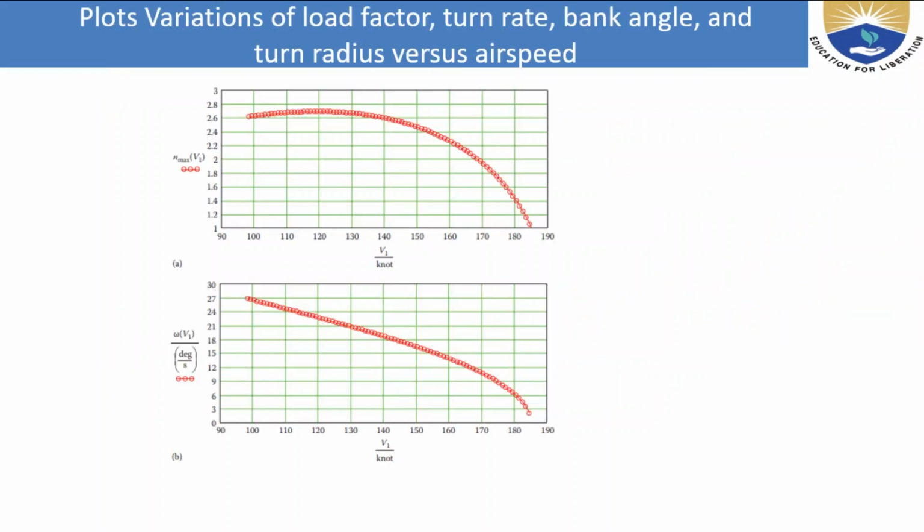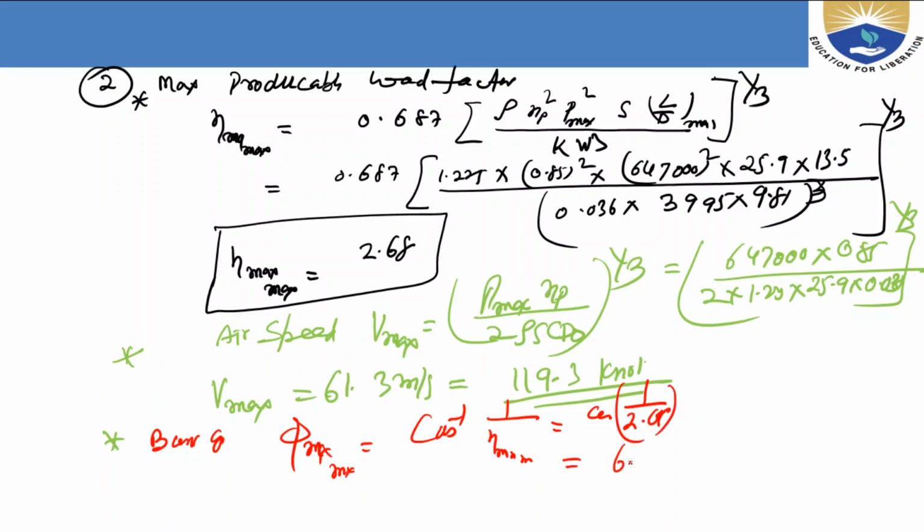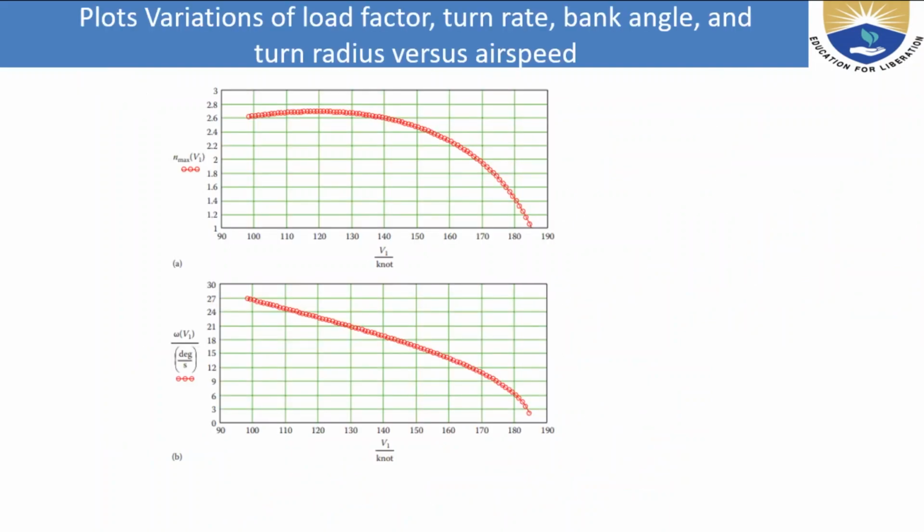And how much is the bank angle? Bank angle phi max is equal to cos inverse 1 by n max. So 1 by 2.68, you will get 68.1 degree. So this is the maximum bank angle, 68.1. Okay, so this is the answer, and here are the plots of variation of load factor, turn rate,